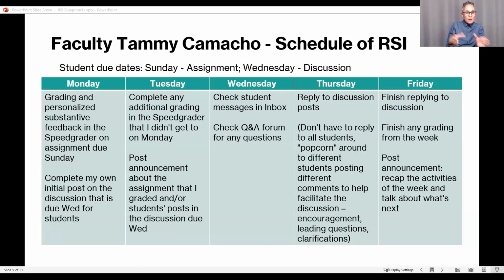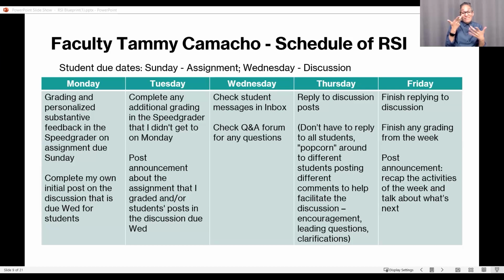Then on Tuesday, if for whatever reason she hasn't finished all of the personalized feedback in SpeedGrader for that assignment, maybe she got off track, it took longer than she thought, or students are turning things in late, she goes back to that same assignment and finishes it up.